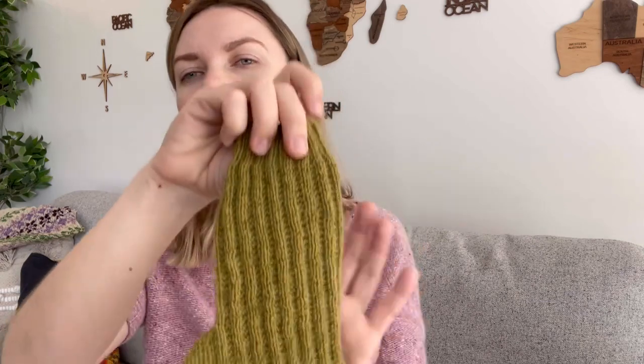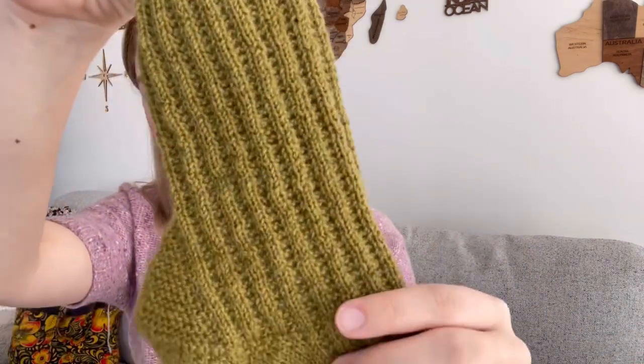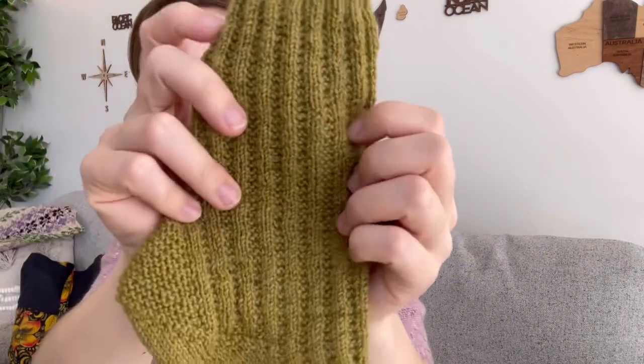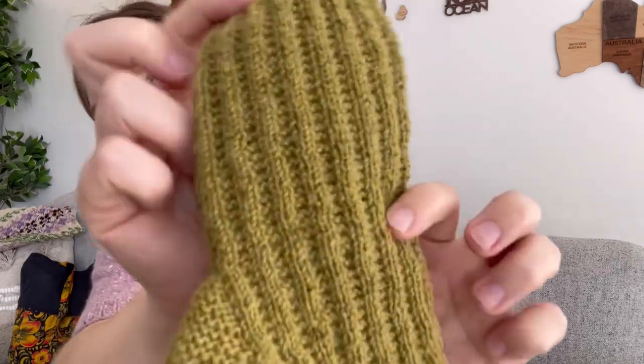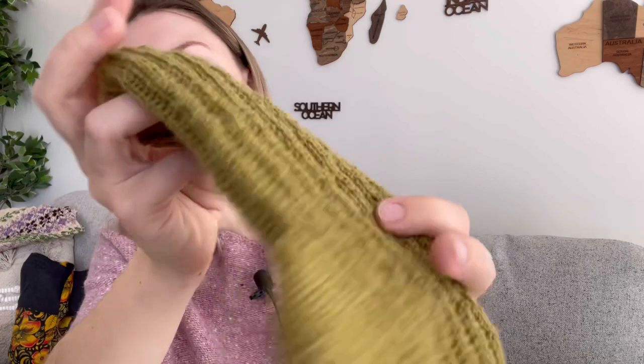And another thing I wanted to show you: the stitches here are super uneven. If you see it, I hope it will be better after washing. I didn't wash it yet, but you see how it's not beautiful. And after I finished the heel, I put my sock on very small